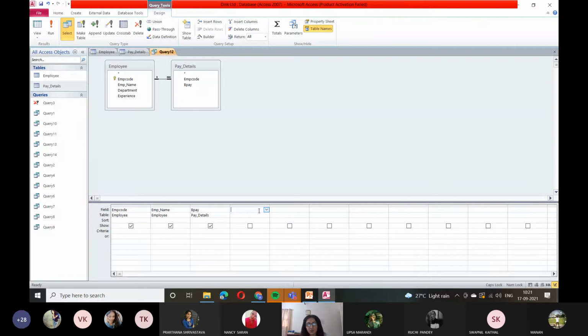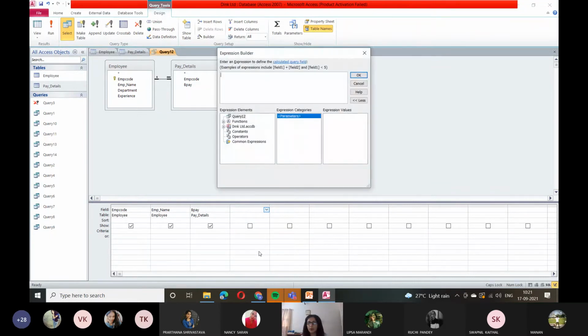I have two options. What are those options? All of you please note here. In this blank field, I will right click. Now the moment I right click, do you all see build here? Yes or no? Please confirm, do you see build? Yes, ma'am. I click here. Now the moment I click here, there is this expression builder. There's no need to do it right now, first watch. Right now I'm only explaining the terms.